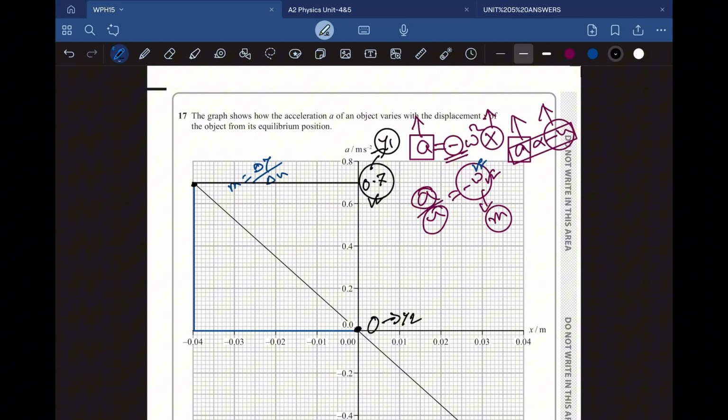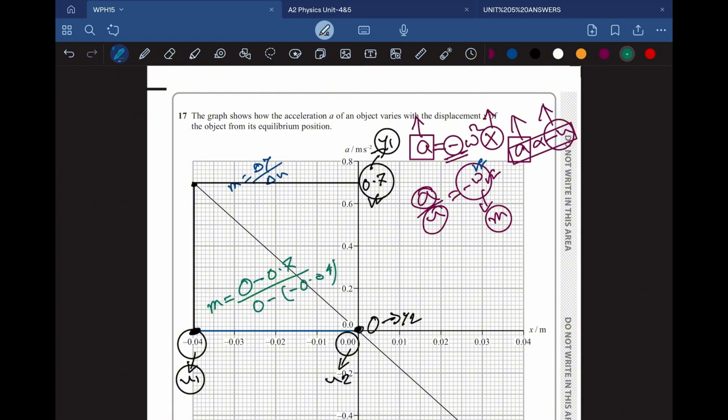Now for the x-axis we have this one, which for this particular line is minus 0.04. Let's take this down as my x1, and for this particular point it is 0.00. We'll take this down as x2. Now let's figure out the gradient. So our gradient is equal to y2 minus y1 divided by x2 minus x1. So it is 0 minus 0.7 divided by 0 minus 0.04. Now our gradient value comes as minus 17.5